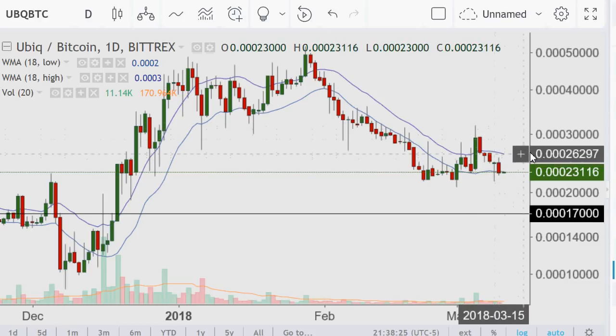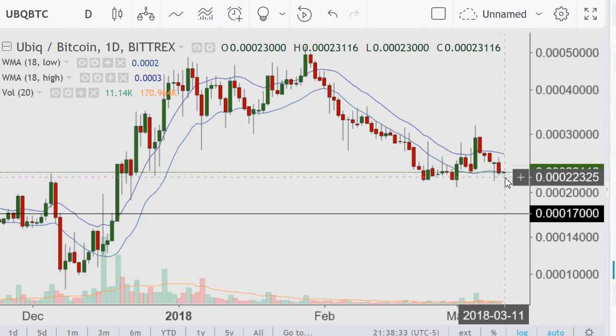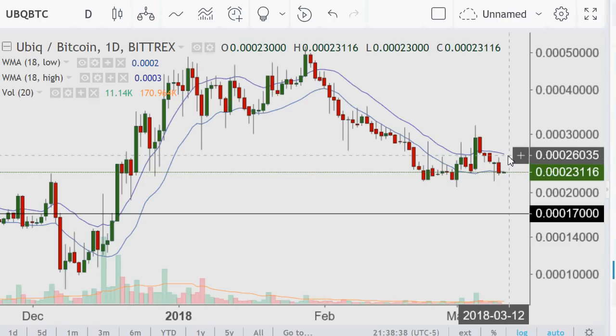Okay, failed move, fast move. It hasn't broken the 18 lows yet. And this period is only a couple hours into the session. And this is going to be a very, very big day, because if today doesn't work out to be an up day,